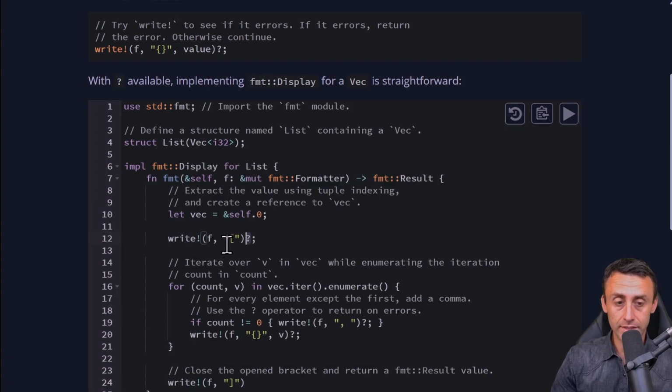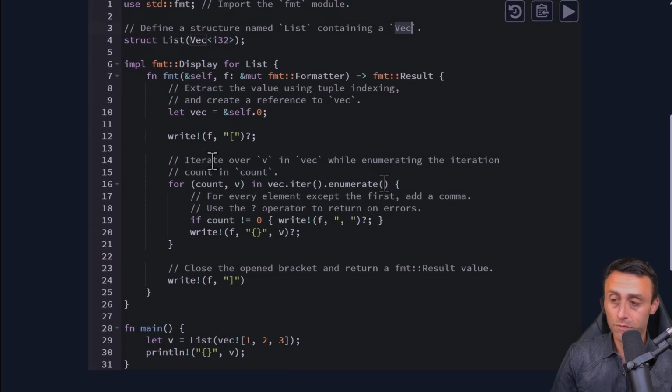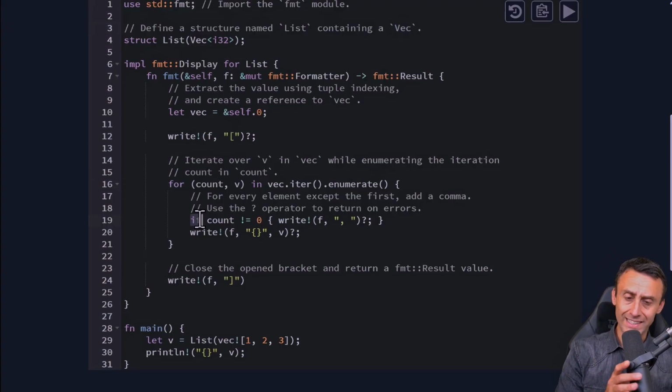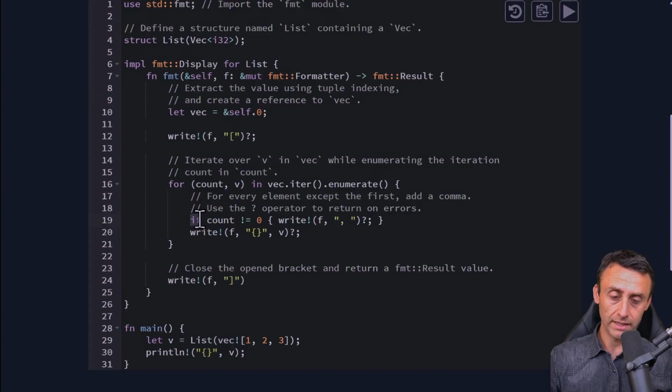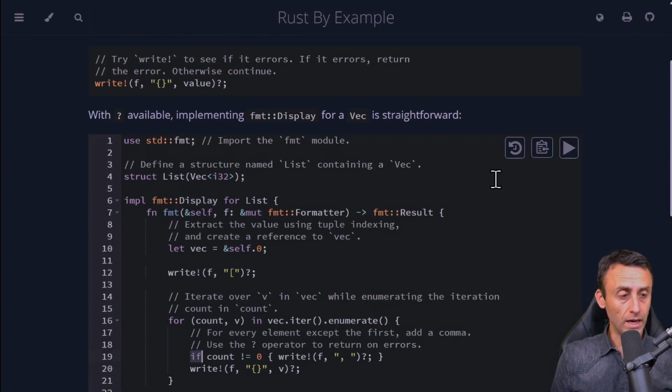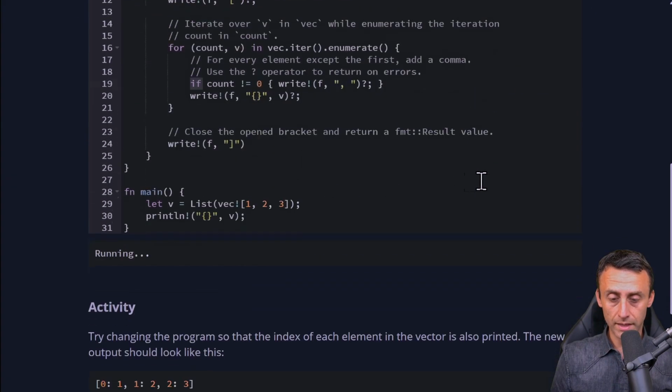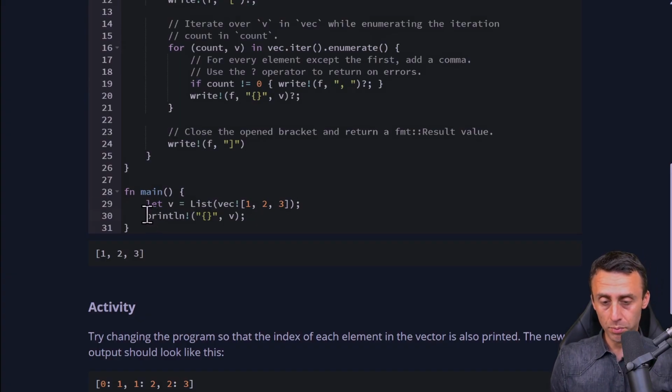You see it's using it here, for example, in a list containing a vec, which is a vector. If you're not familiar with Rust, this syntax might be a bit confusing. We have a for loop, we have an if statement. We will have examples with all these syntax and constructs. Let's see how it looks. If we hit play here, this function main, we have this vector, and then when we print it, we have